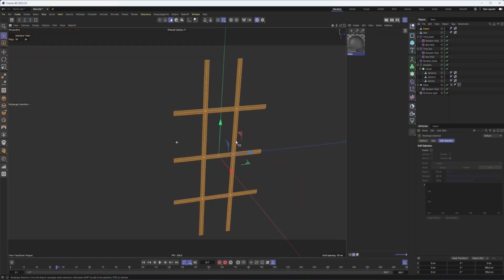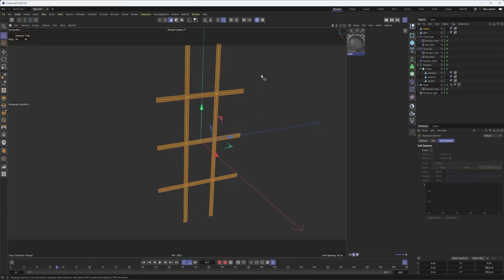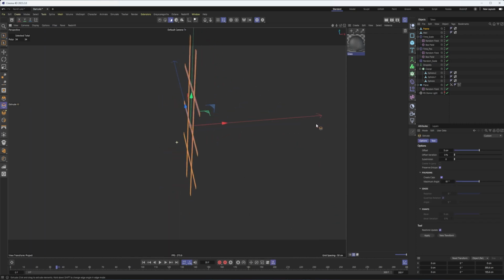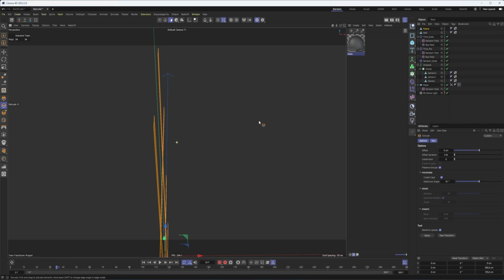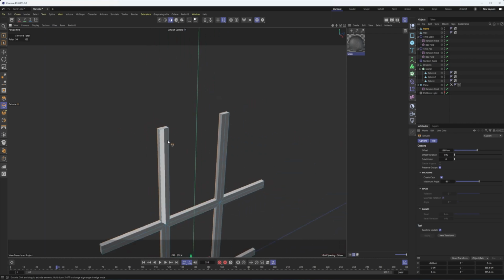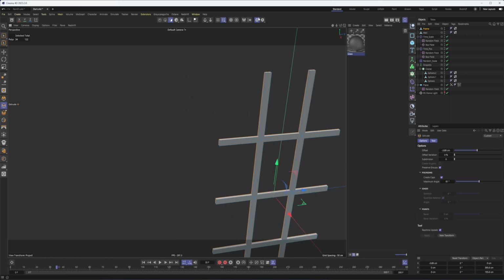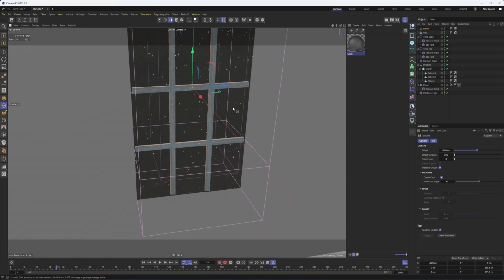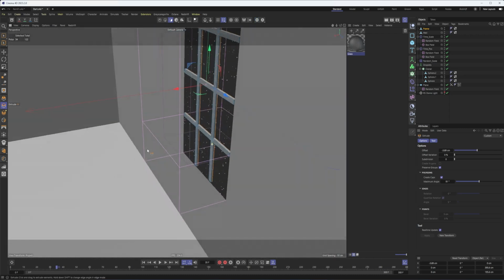light's annoying. Let's hide it for now. And I'm going to extrude these, but I'm going to check on create caps so that it fills in the back and kind of creates a solid object here. So maybe something like that. So there's our frame. Now if we unsolo everything, you'll see where things are starting to come together here.